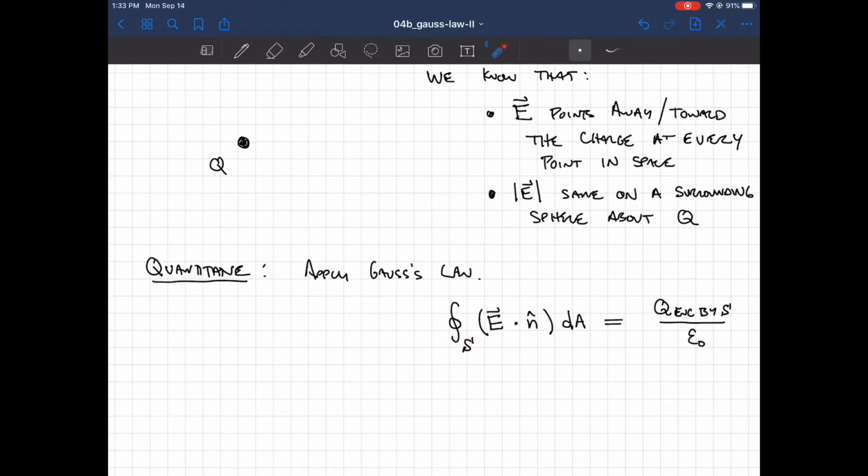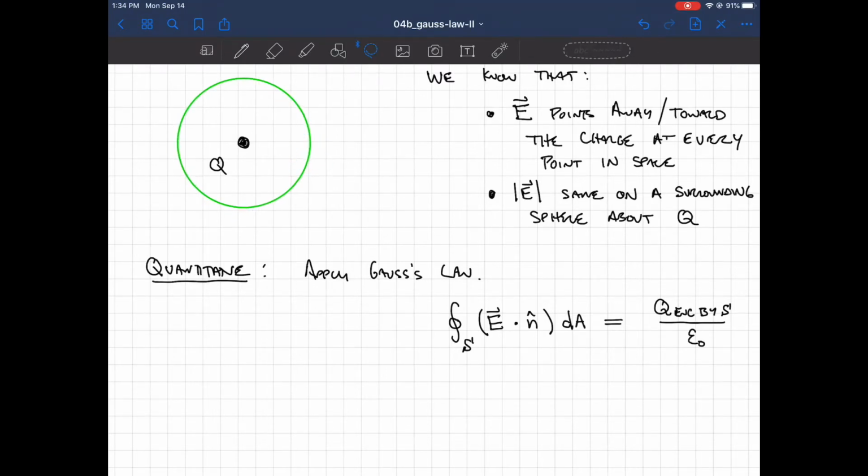First of all, we need a surface. So we choose a surface. And now, last time I just chose the surface, I told you we're going to choose a sphere that's centered on Q. But now we know why we're going to choose that sphere. And the reason is that symmetry has told us that E points away from the charge at every point, and that on a surrounding sphere about Q, the magnitude is the same. So if we choose our Gaussian surface to be that surrounding sphere,